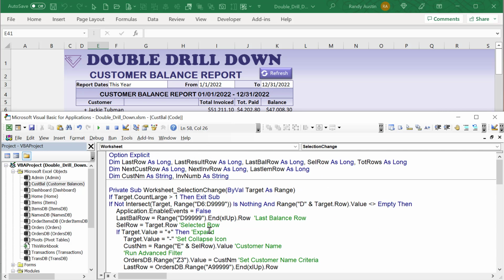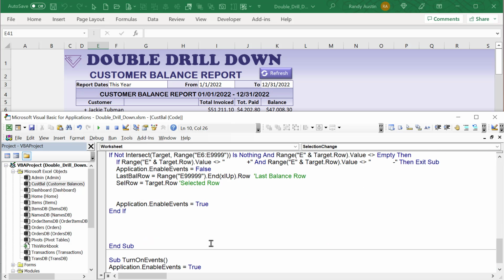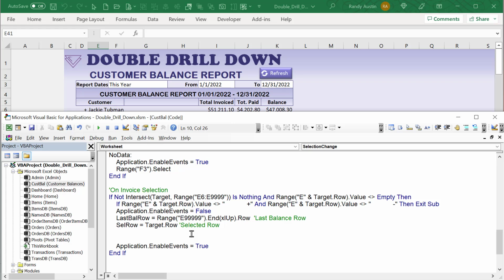Now we could probably do it right here too. I would change that to E just in case we've expanded the last column. I think that's good. Okay. So column E it is, that's going to help us. Now continuing on, the selected row is always going to be the target row. Certainly that's important. Now what we want to do is I want to know if the last balance row is